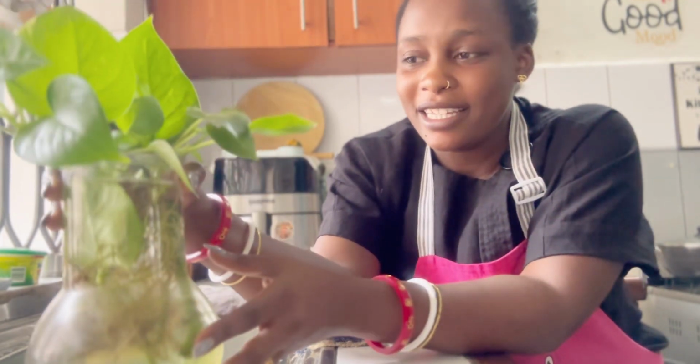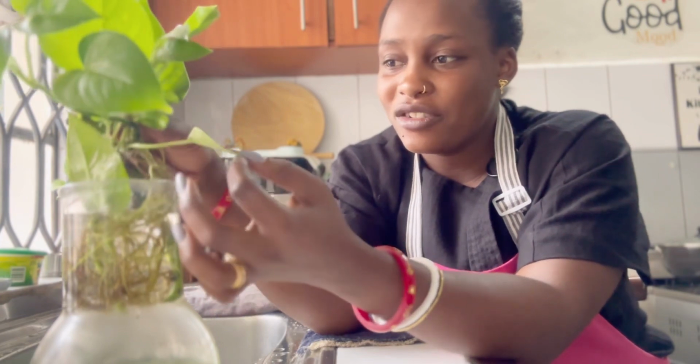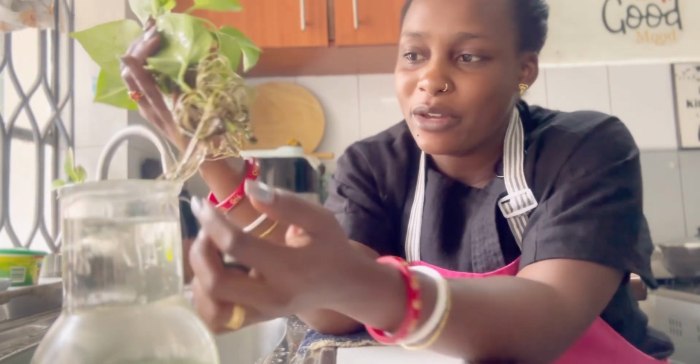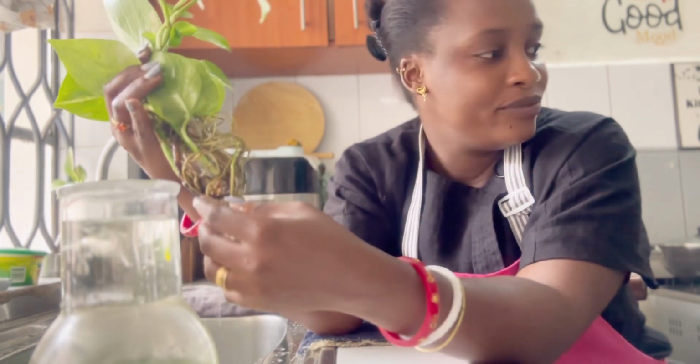So we're going to be cleaning this, as you can see. And we are going to take out the leaves that are drying, and we'll be cleaning up the roots and change the water because we need to be